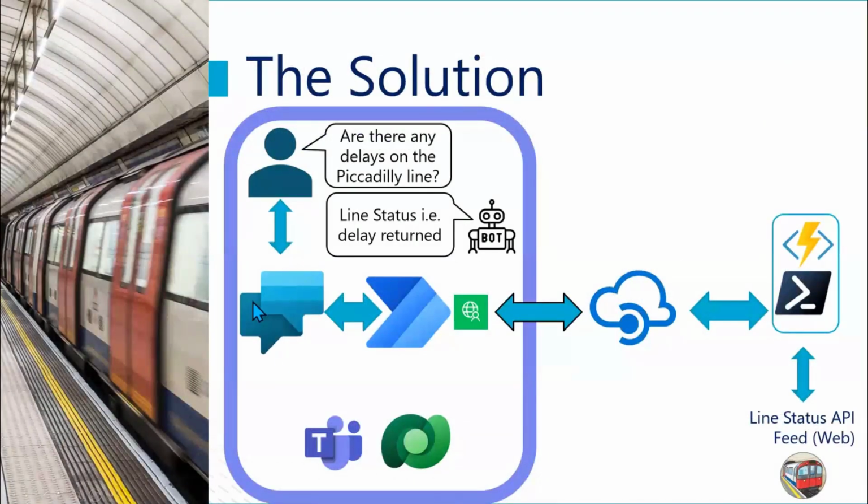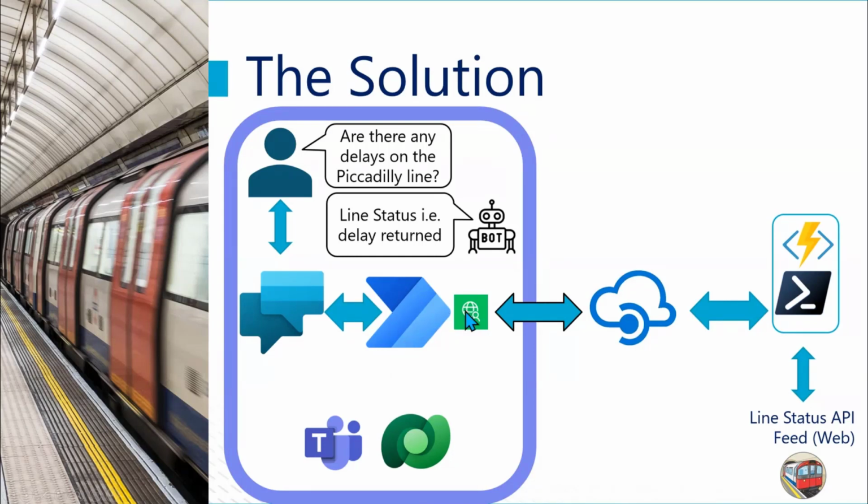I will now use this diagram to explain the solution. So watch my mouse. It consists of a Power Virtual Agents bot running in a Dataverse for Teams environment for a specific Microsoft team. We can see the Dataverse for Teams environment perimeter highlighted in purple. So the user sends a message, the trigger phrase of, are there any delays? Power Virtual Agents then recognizes the trigger word, selects the correct topic, which then triggers a flow in Power Automate,